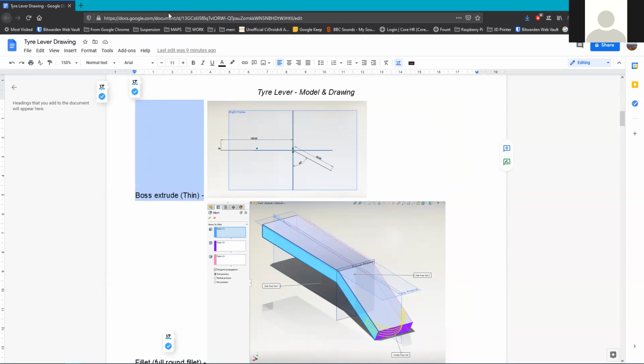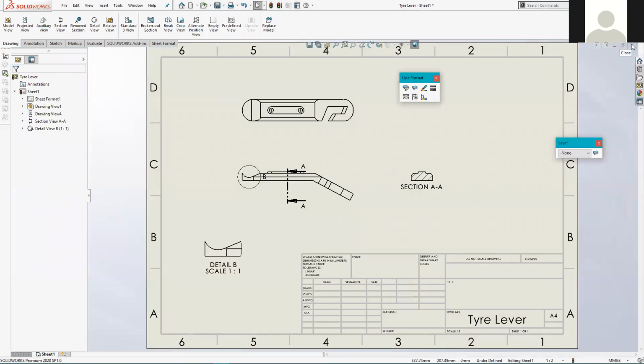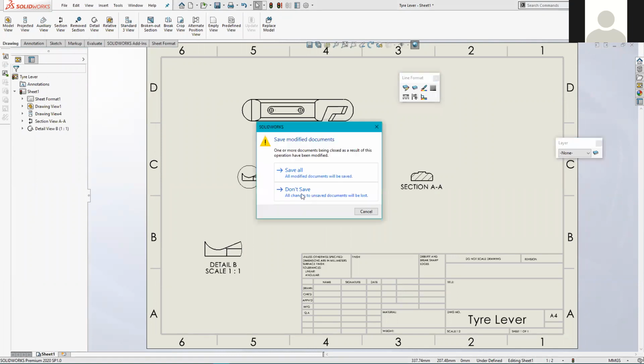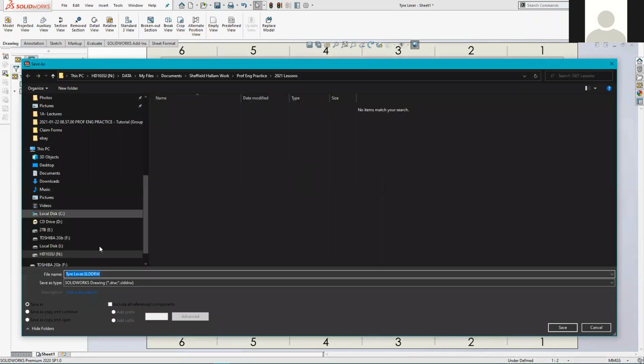So let's just pull that onto my other screen, and then obviously you can see I've got this tile lever finished, but I'm going to go in as if I was you and I was just starting afresh. So let's do that now. I'll just save this one and shut that down and probably save that as well. I'm just taking this back to where you will be,